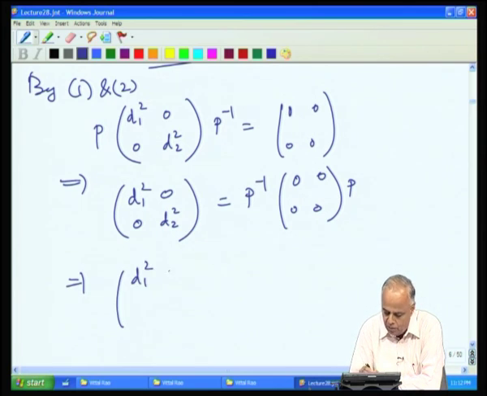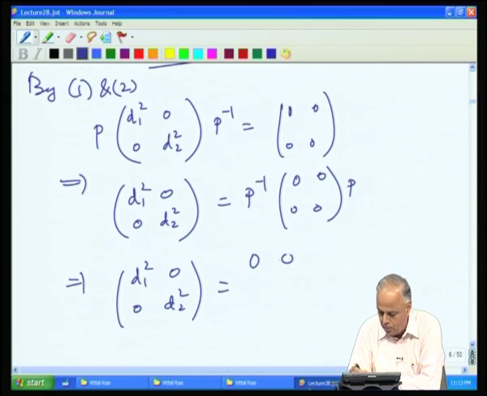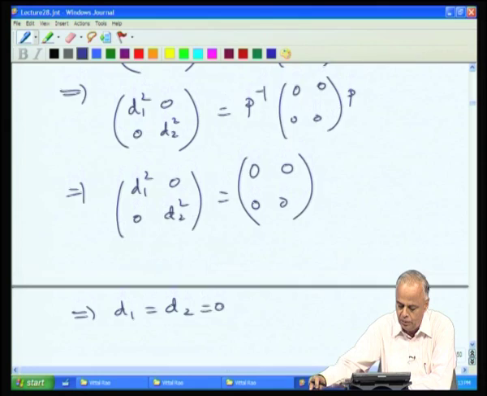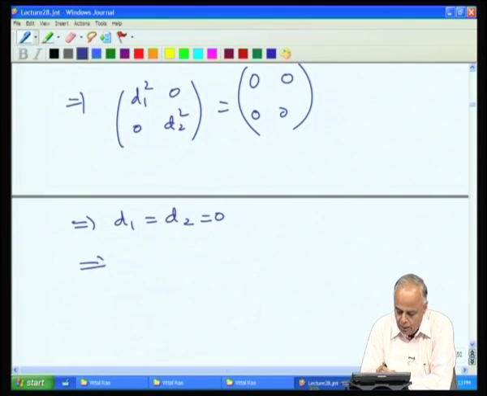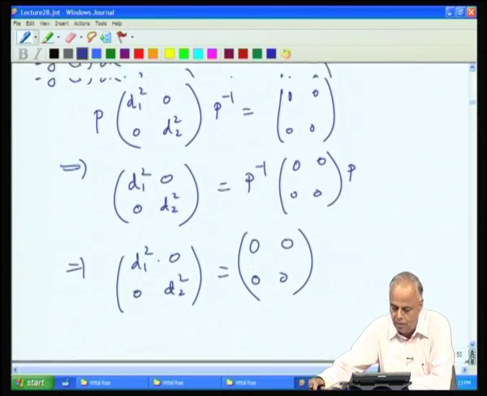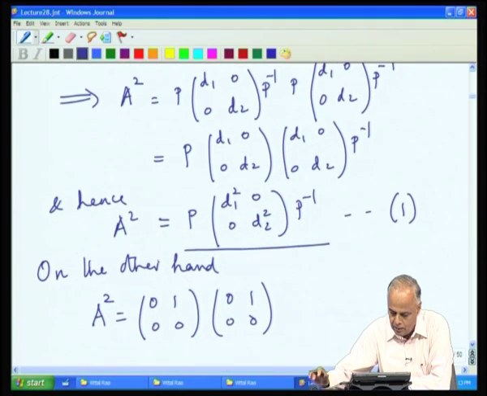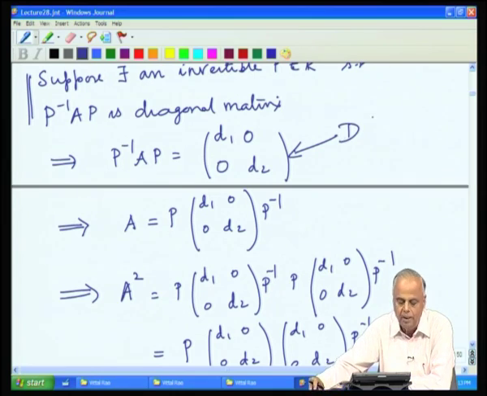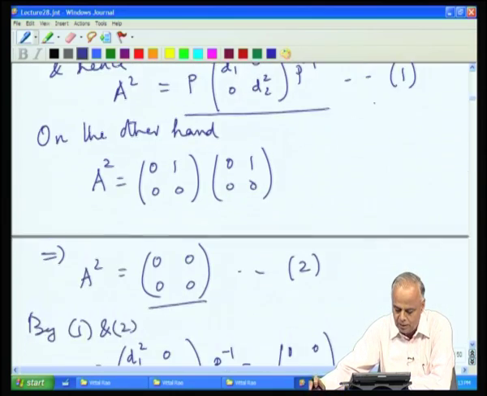So we get D1 squared, 0, 0, D2 squared is 0 0 0 0, and therefore it implies D1 is 0 and D2 is 0, which means the matrix D we got here, let us suppose I call this matrix as D, D must be the 0 matrix,